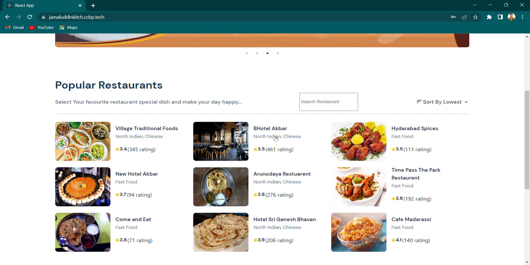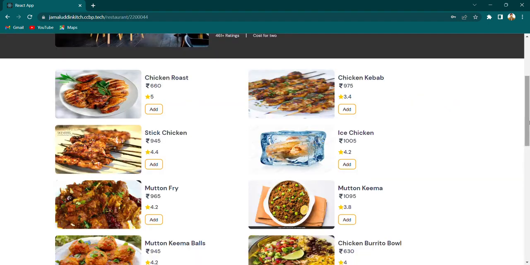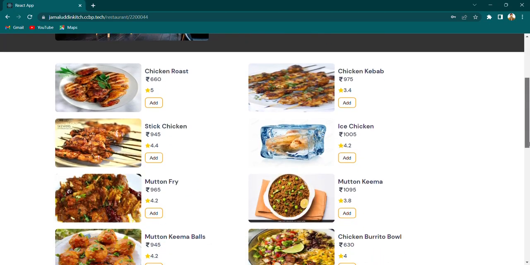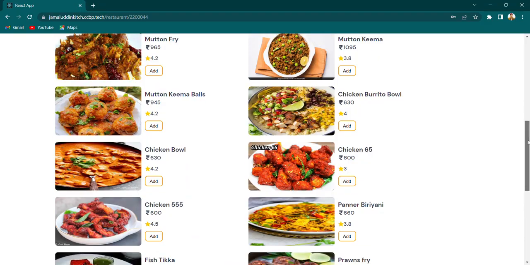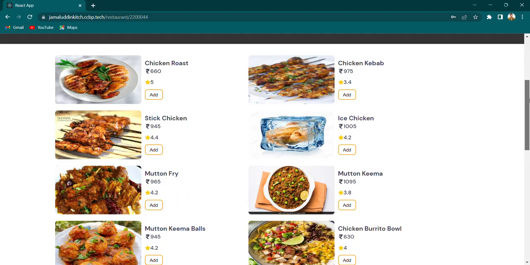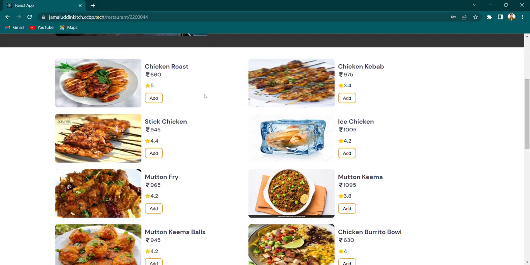If you select any one of the restaurants and see this hotel, BH Hotel Akbar North Indian Chinese, and this is the address and rating of the restaurant and the cost. Below there are many items in the restaurant. If you select any one of the food items, just click the add button and it shows the rating. Once you increase the quantity of the food